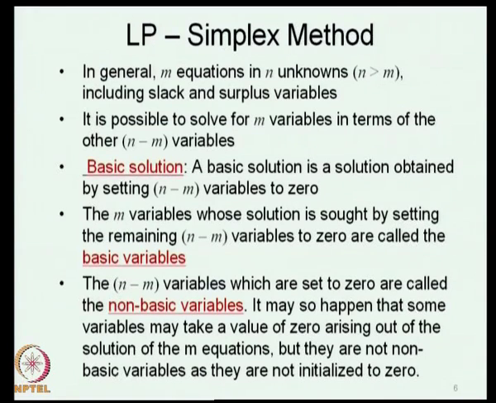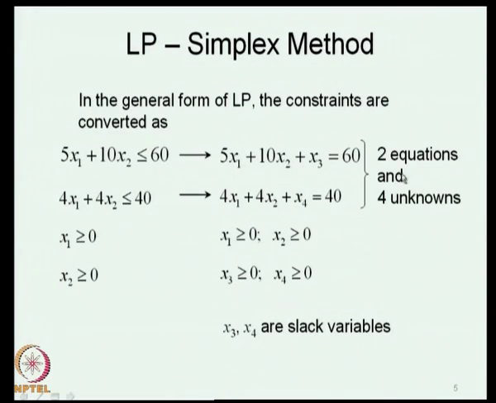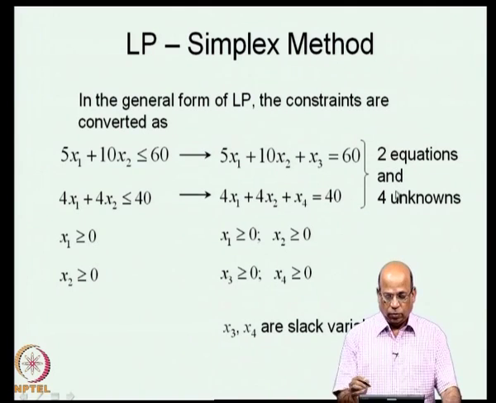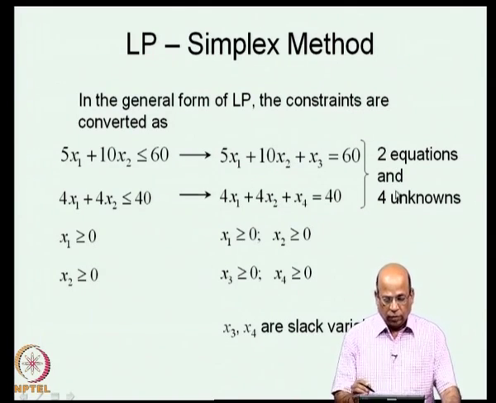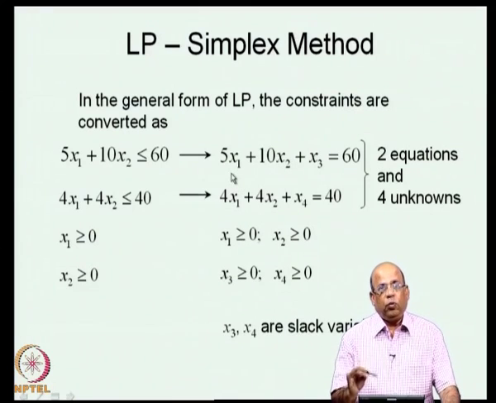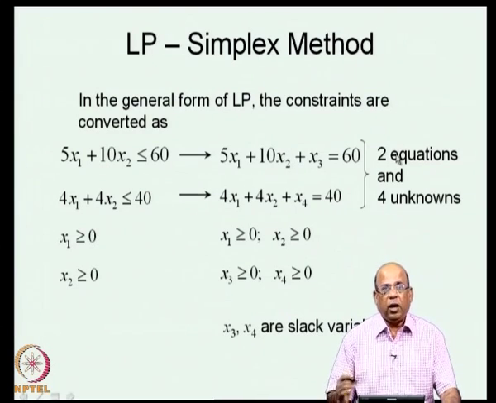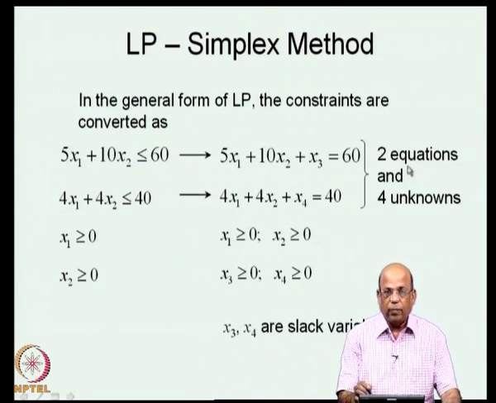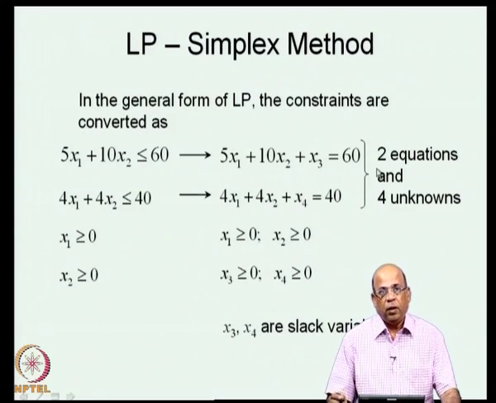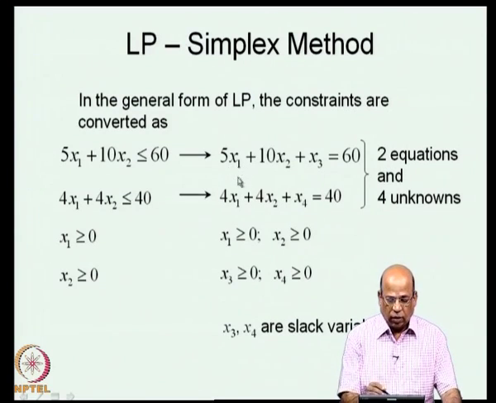Okay, we will revisit the example now. So, this was the example. You have two equations and 4 unknowns. So, what we will now do is set 2 of the variables to 0 and solve for the remaining 2. What are these remaining 2? They are 4 minus 2. So, n minus m variables you are setting to 0 and you are solving for m variables, which is 2. Now, you can set x 1 and x 2 to 0, solve for x 3 and x 4. You can set x 1 and x 3 to 0, solve for x 2 and x 4 and so on.